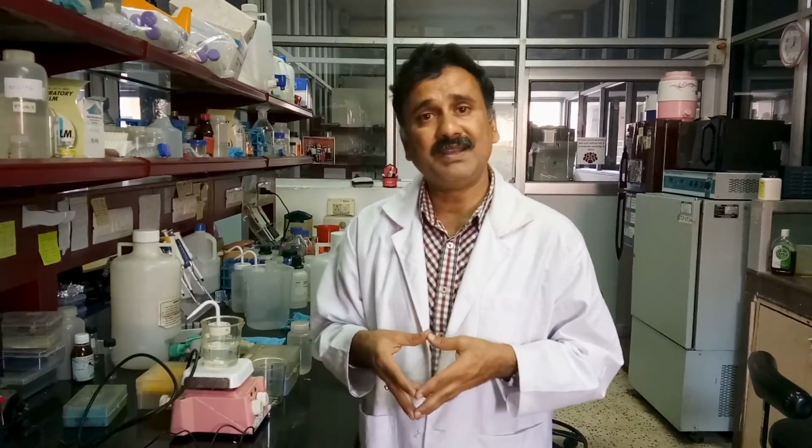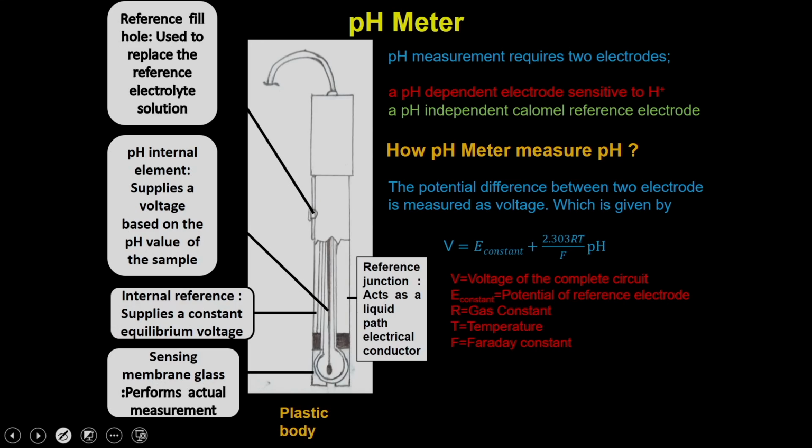So this is all about the different types of liquid handling systems that we use in the laboratory to handle different types of solvents, whether it is a cell culture solvent or corrosive acids. In both cases, you have different options for liquid handling systems. Now let's move on to the next system, which is called the pH meter.